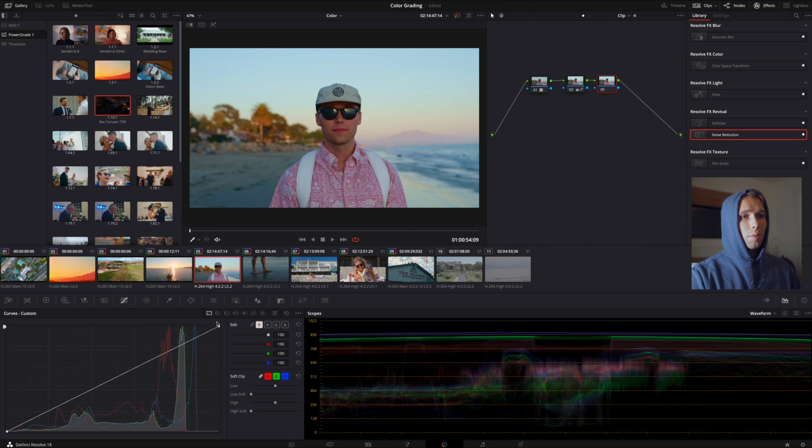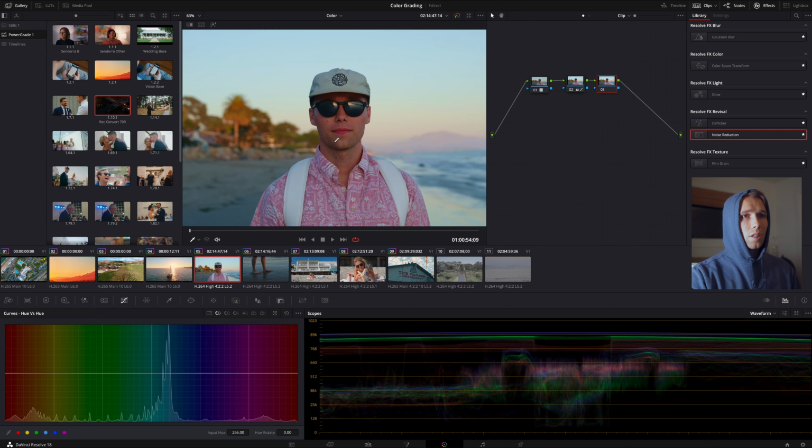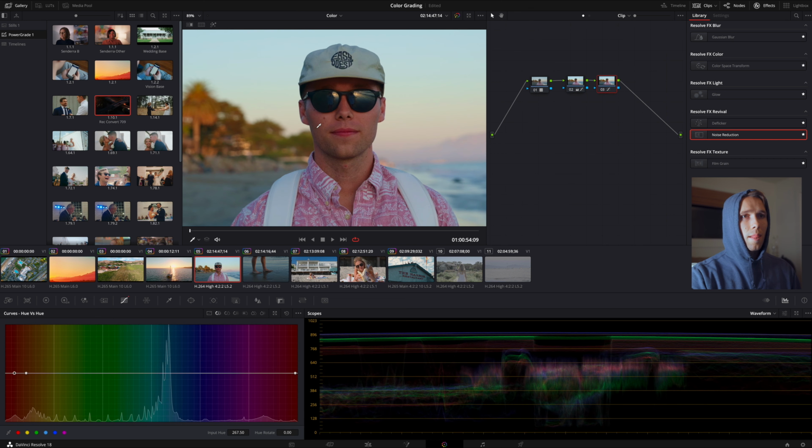So we're going to hop over here. We're gonna make a selection on skin tones. I like to usually grab like 2 different places in case it's gonna give me a variation, you know? So, there we go. There's a variation. And what we're gonna do is pull down drastically. Oh wow, a lot of green. And then we can find that happy medium. Now,